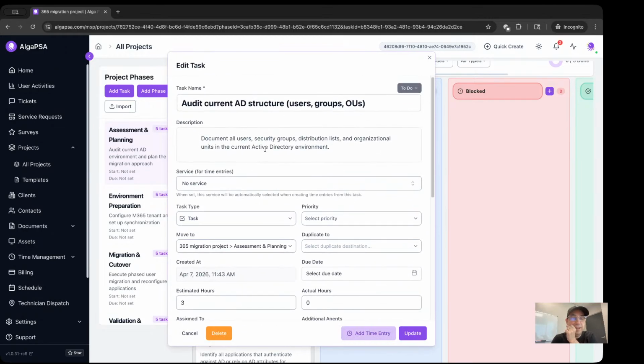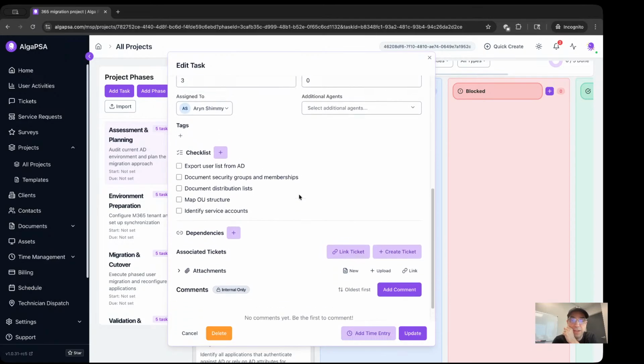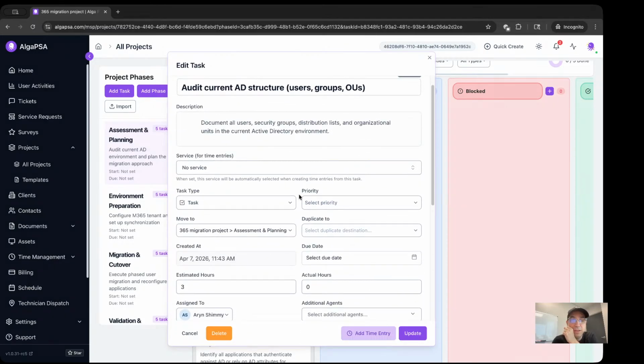There are a lot of properties that we have in the tasks, and there's a lot of integration across the entire system for projects. It's one of the great things about having a PSA is that your ticketing system and your project management system and your time entries and the entire system, your client list, it's all completely integrated. So this is a good example of that. You can see in the task system,